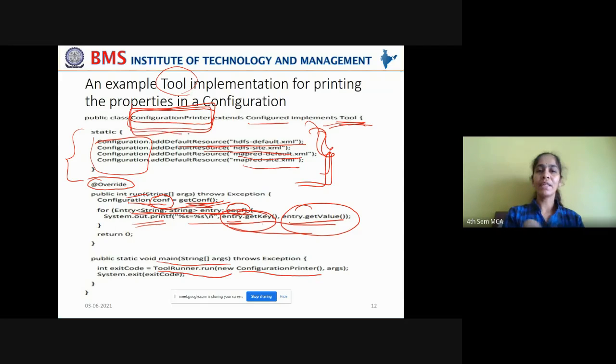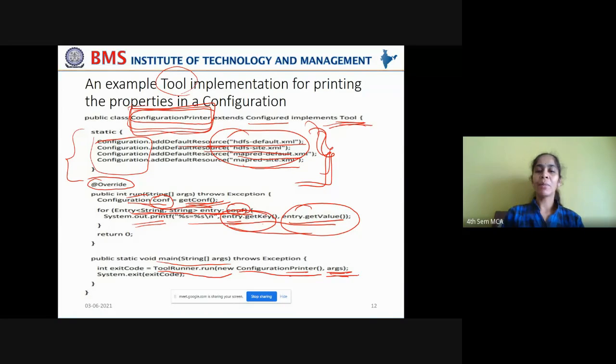This class you're creating, right? This class's object is created along with the command line arguments. What are these command line arguments? The command line arguments that you pass as parameters are the property values that you want to reset, the property values that you want to override the existing resource values, the existing configuration values in the resource files.